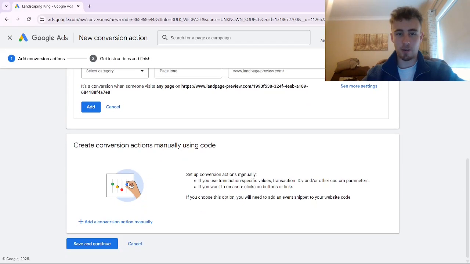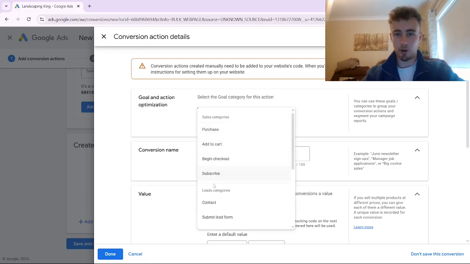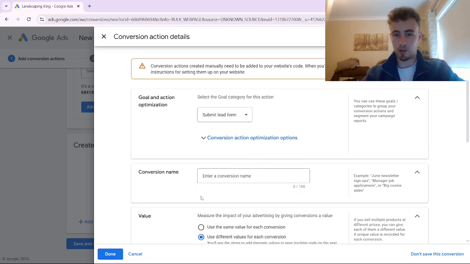And what we're going to do now is come down here to create conversion actions manually. So we want to add a conversion action manually, and then under goal and action optimization, we're going to go with submit lead form because we're tracking form submissions. And then you can call this whatever you like. We usually like to call it landing page form submission,